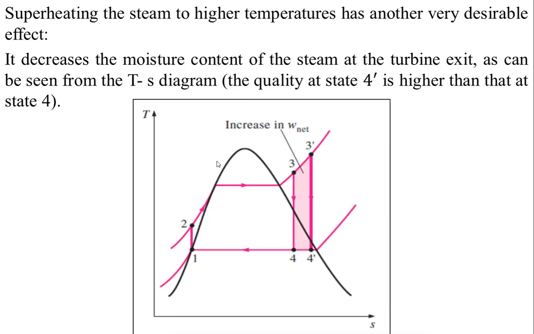In the next video we are going to discuss the other methods to improve the efficiency of the Rankine vapor power cycle, such as regeneration, reheating and all. Those require separate, extra devices. These 3 methods improve the Rankine vapor power cycle efficiency by altering the operating conditions. That means using the same devices, how to get more efficiency by varying the operating conditions. But in the next video we are going to discuss the different methods by adding different devices, to get more Rankine vapor cycle efficiency.